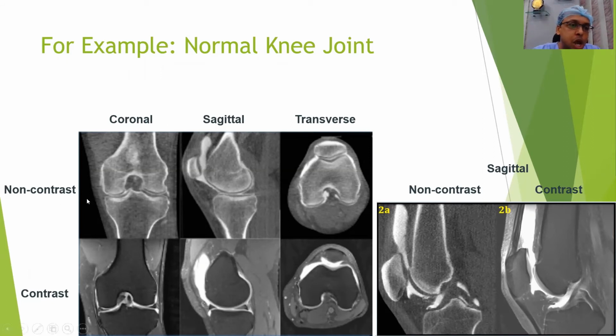Also here, two things are written, non-contrast and contrast. One has no dye introduced in the body, the other has dye introduced in the body. Without a dye, in the non-contrast image, look at this white edge. This is the periosteum, and from the periosteum you have the cortex, the hard bone that you are seeing. Cortical thinning is occurring right over here. Note the thickness of the cortex here, and when you come down to the knee joint, there is hardly any cortical thickness left.